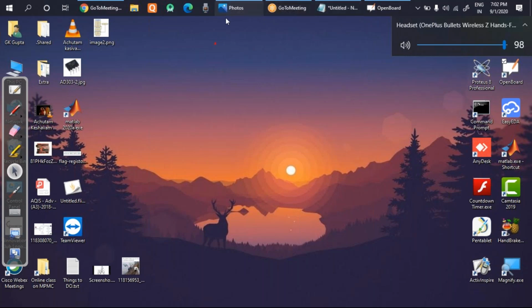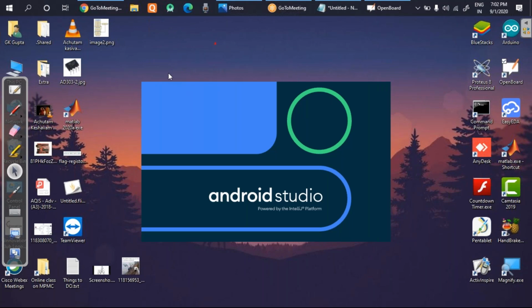Thank you. So you can see on the top, in the taskbar, my Android Studio. I'm just clicking and opening Android Studio. If you have used Android Studio for the first time, it will open in some other way. But if you have used Android Studio for one time or two times, it will open in some other way. The YouTube link which was given to you, if you see that, you will understand from there. As I have been using Studio many times, it will just open the last project which I have closed. Okay, it will directly open up the last project. So it will take some time to open up.